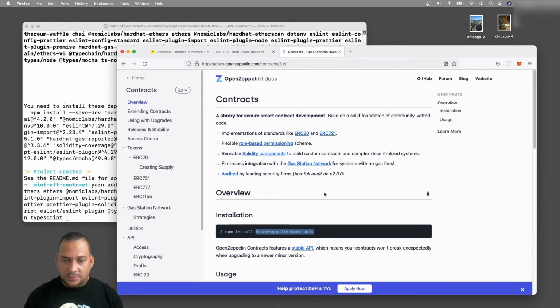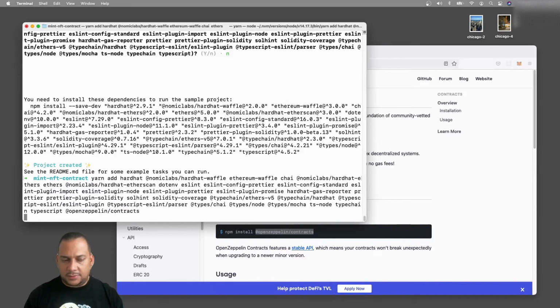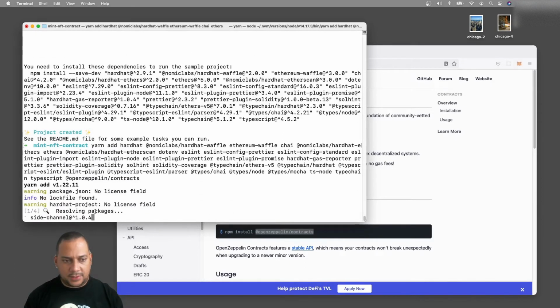One of the contracts that we will be using is the 1155, and it's also implemented in OpenZeppelin. So I will add this dependency to our contracts, and we will see how ERC 1155 works. So let's add one more. It's OpenZeppelin contracts, and let's run that. So now it's installing all the